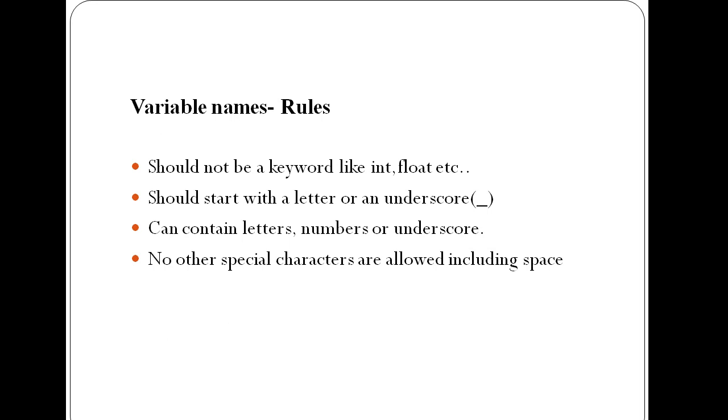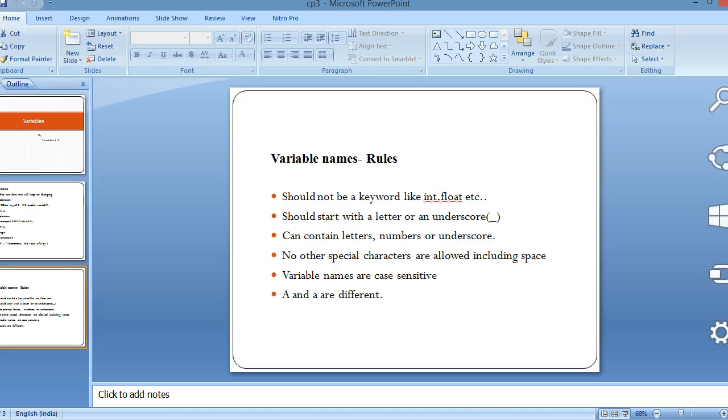You should name the variable in such a way that if someone else reads your code, that person should be able to understand by looking at the variable name what is going to happen in the next steps, like how we are going to use that variable. And then variable names are case sensitive, in the sense capital A and small a are different. That is, int capital A is different from int small a. So this is about variables. We'll see some examples for these variables now.